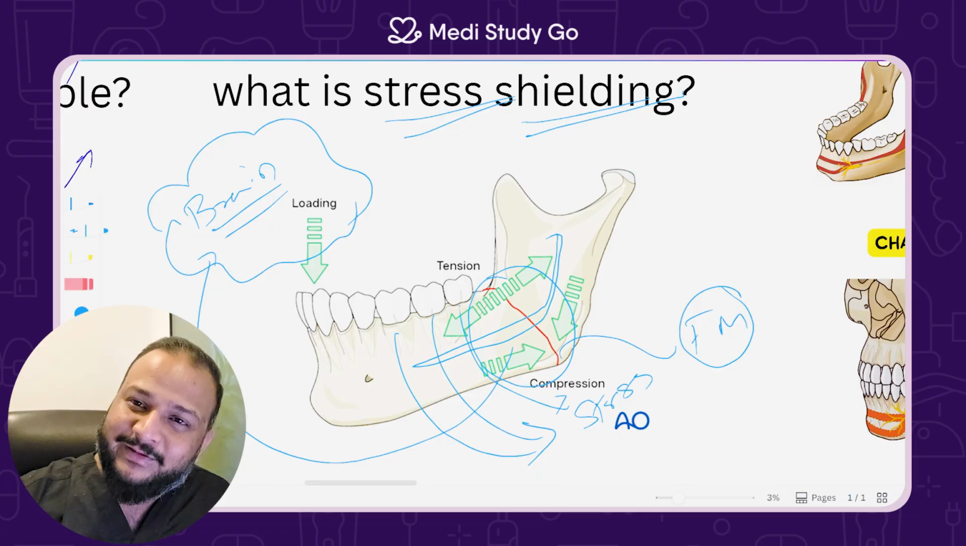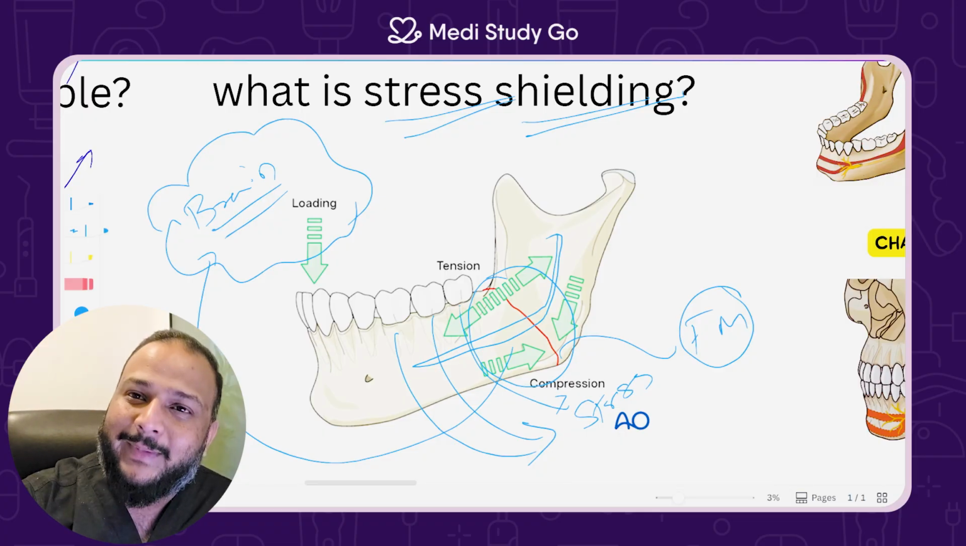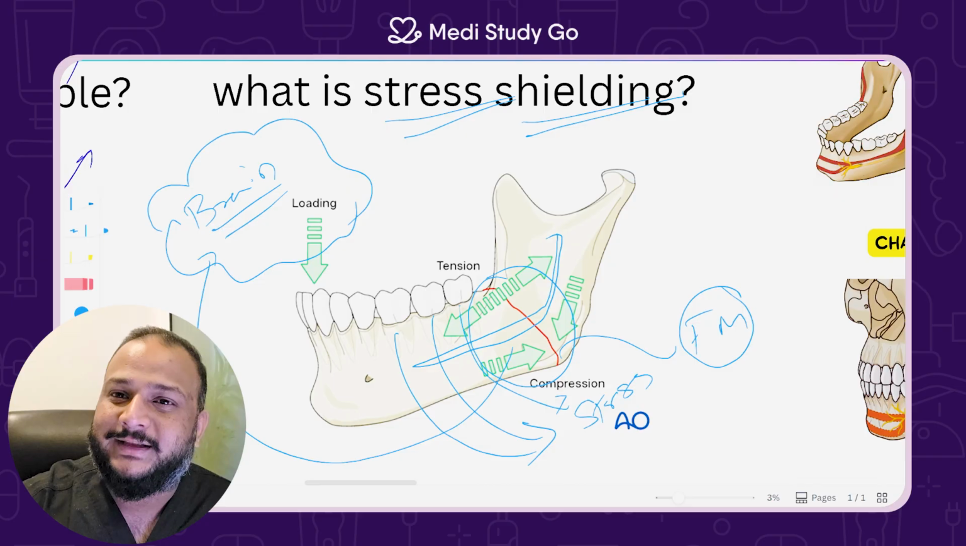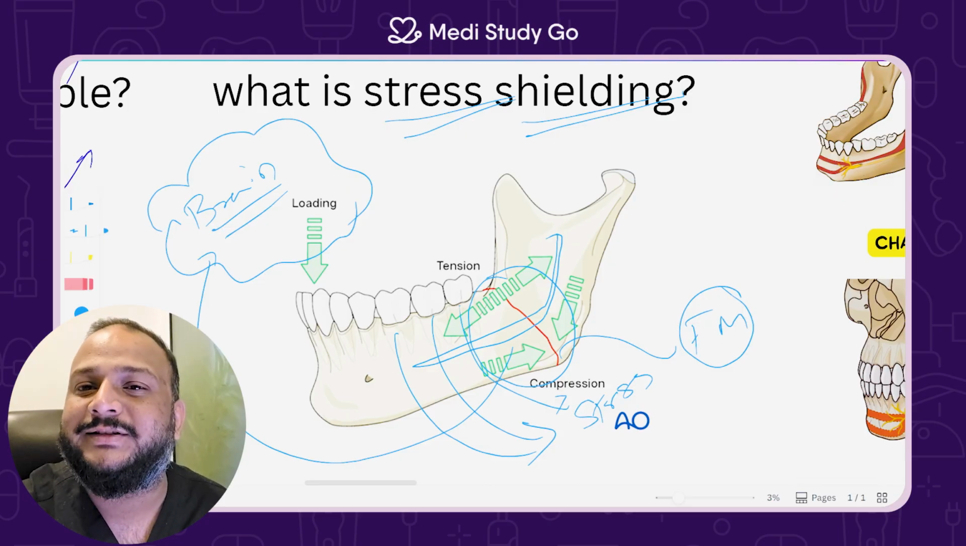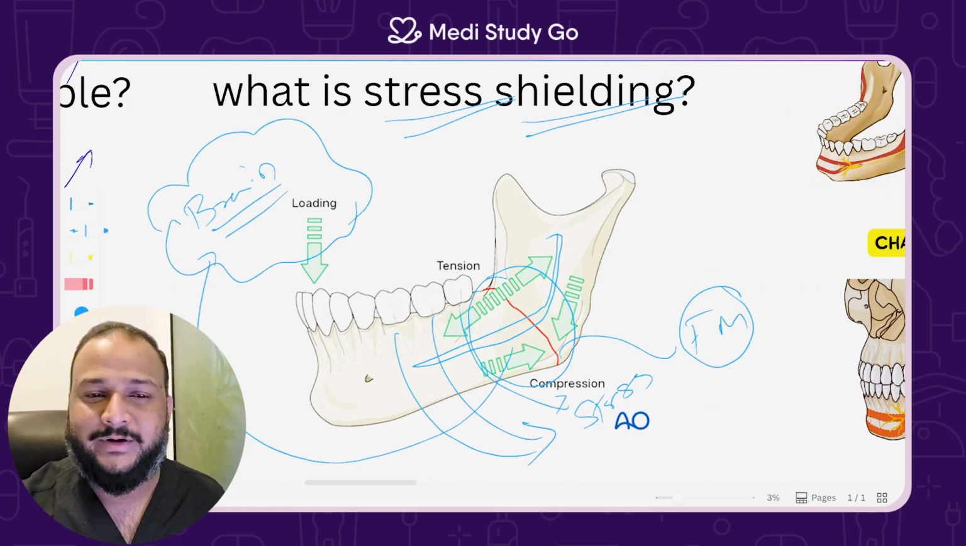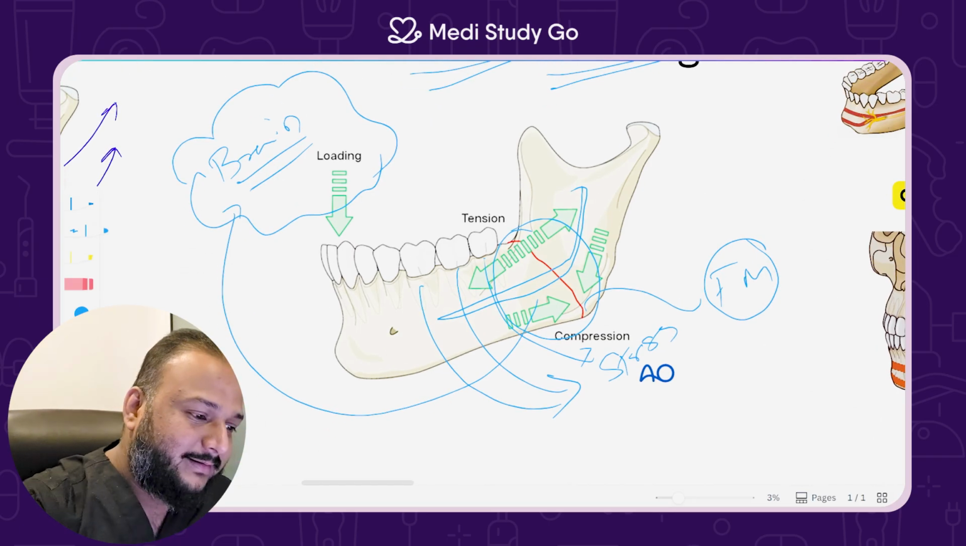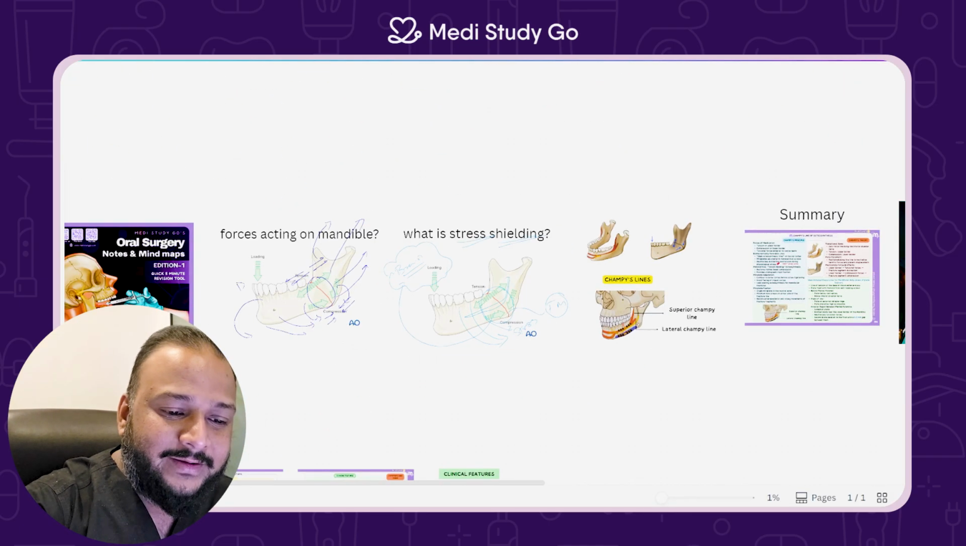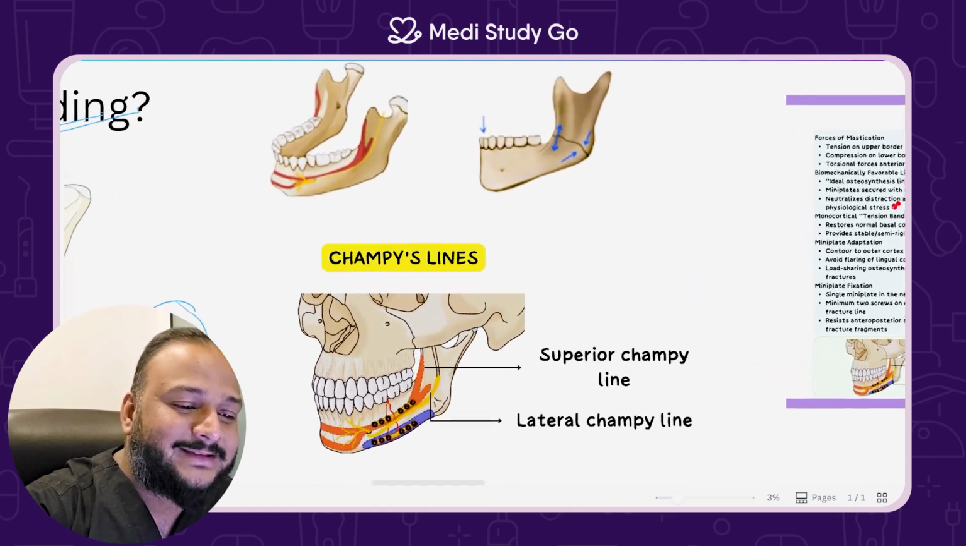Okay, so simplifying it even further, the mandible and the occlusal forces are its functional matrix. All right, yeah, sorry. So coming back to the core topic that we have over here, what are the Champy's lines and why did